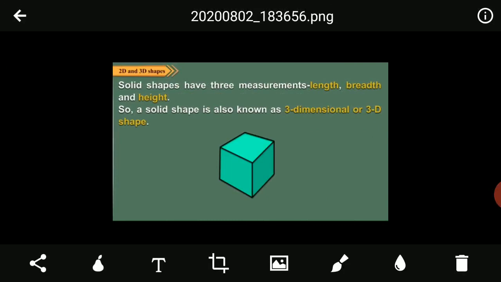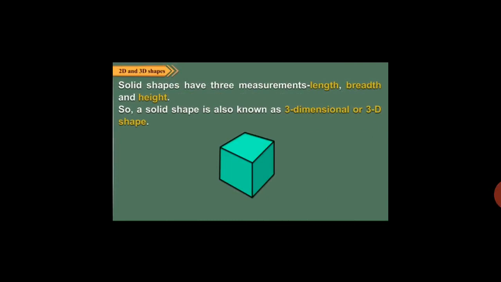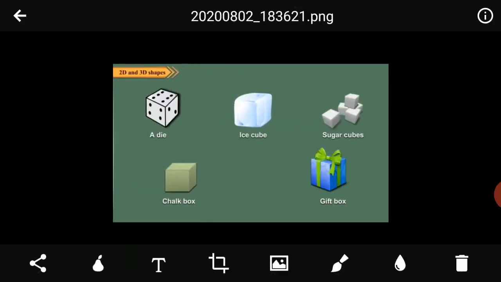Now we will discuss what are solid shapes. Solid shapes are those shapes which have three measurements: length, breadth and height. Even in that you can put anything. Clear? It has mass. It has weight. Clear? So see, firstly we will discuss